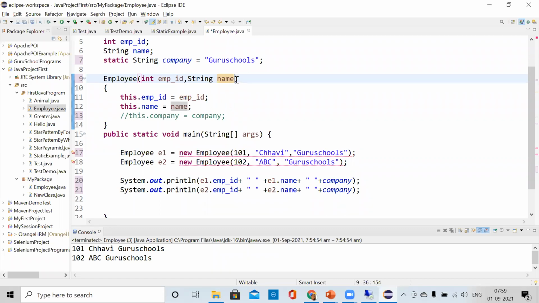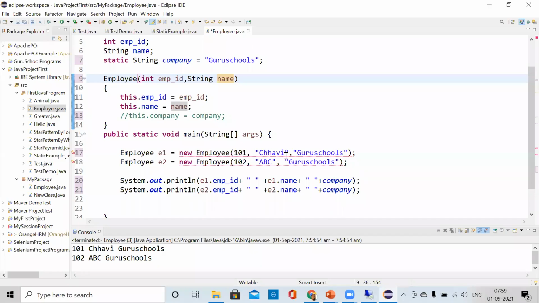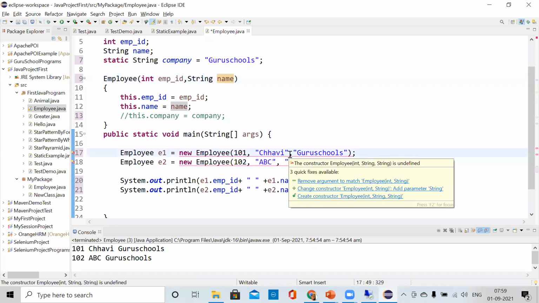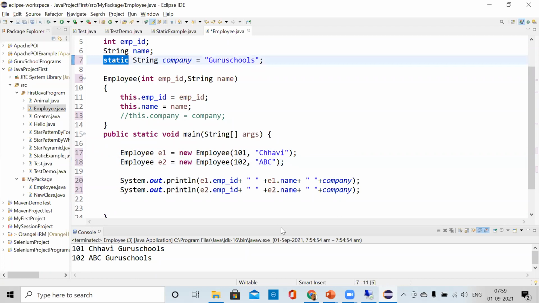Only the other parameters we have to pass. See, we have reduced our work, right? So much work we have reduced by just making this static. We have just called it directly, and then we are good.